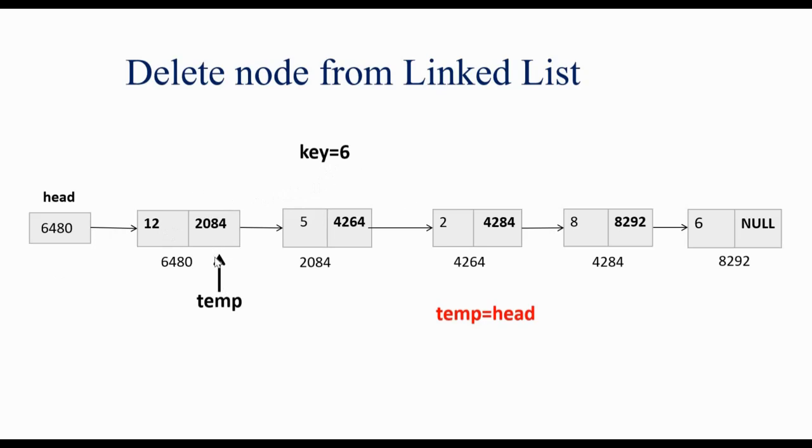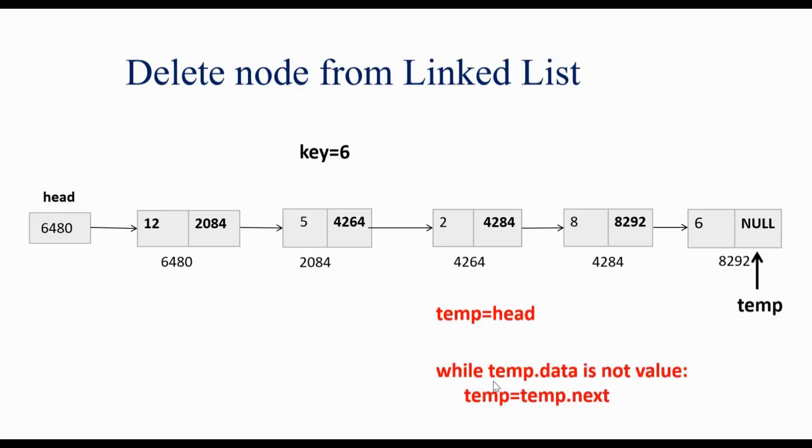In this case, we need to traverse through the linked list and see whether the temp.data of each node equal to the key. So we will have a while loop to iterate through the entire linked list and to check whether the data is the value which we have passed. In case the data is not the value, then the temp will move to the next node. For that we have temp equal to temp.next. In this case, the node is the last node in the linked list. So now you can see when you exit the loop, the temp is pointing to the last node.